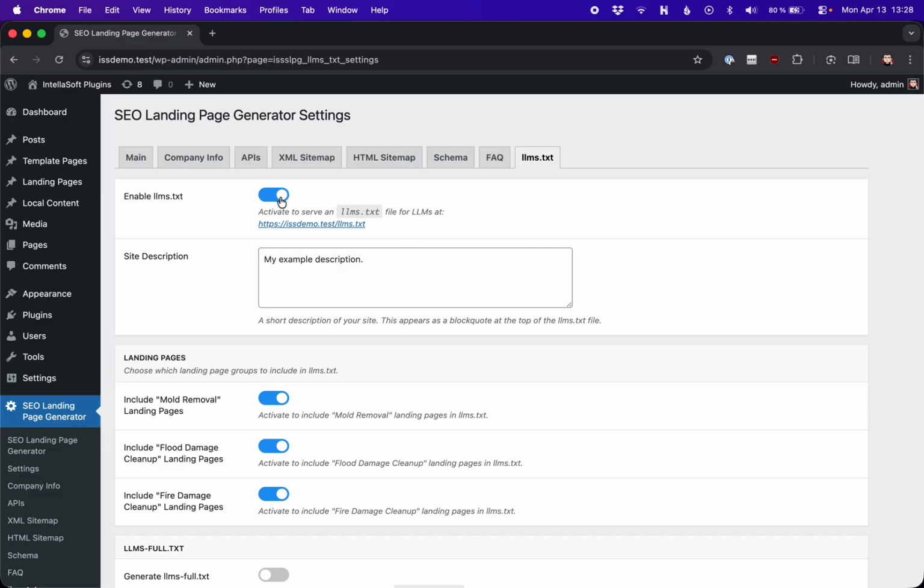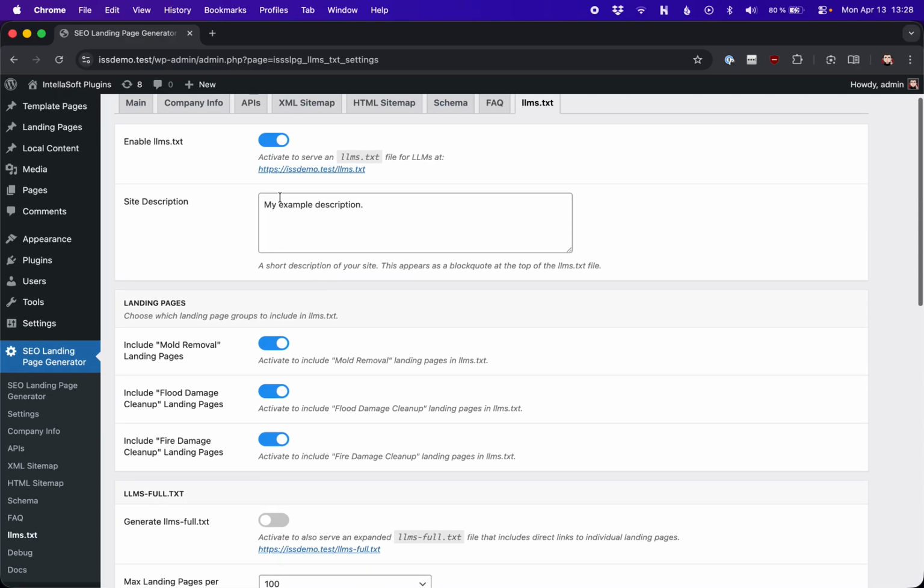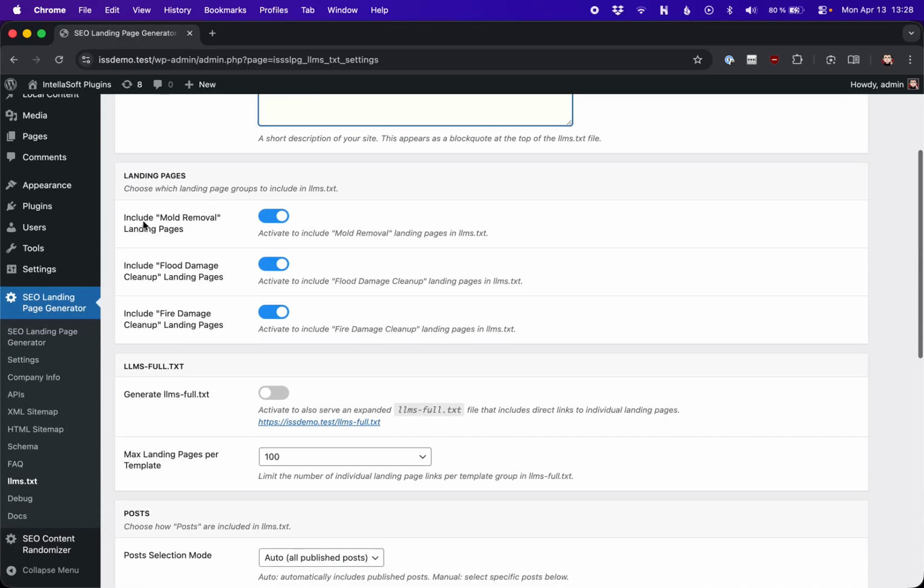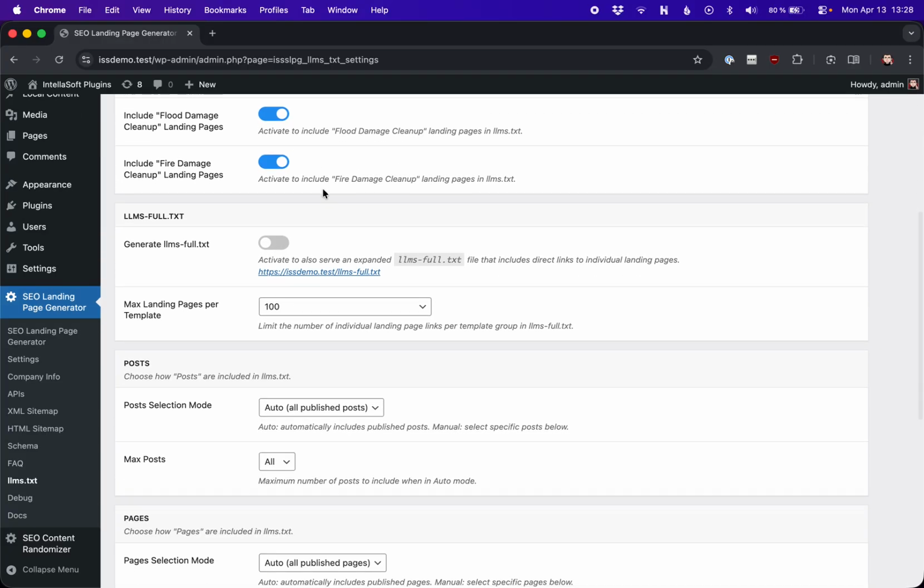So once we enable this with this toggle button here, we can set a site description. Here we can basically configure which type of landing pages should be added to the llms.txt. Below that, we can enable the